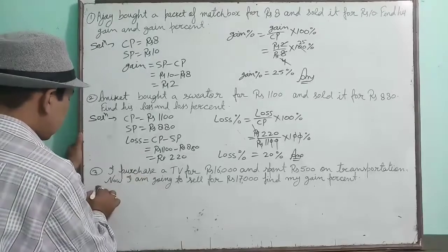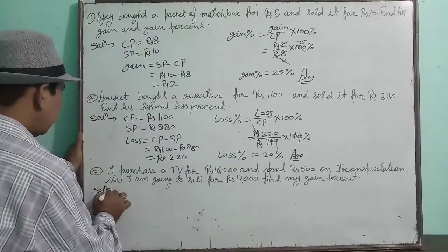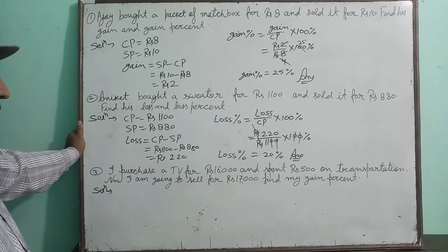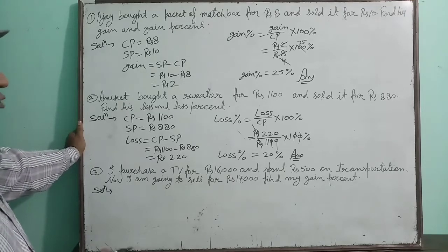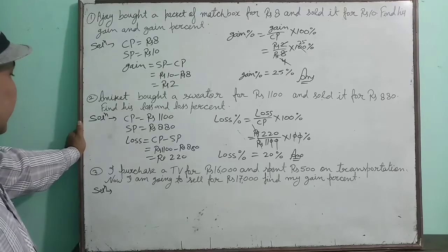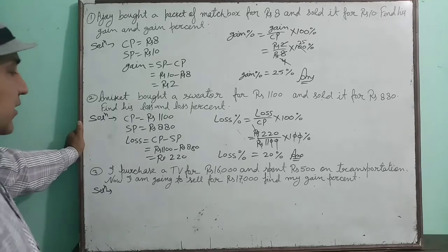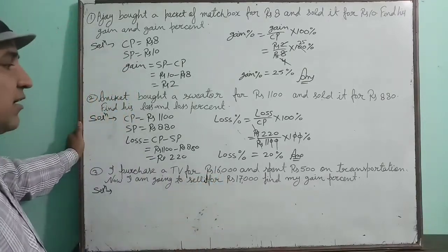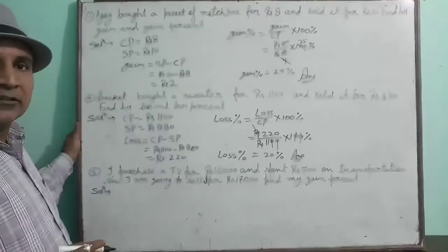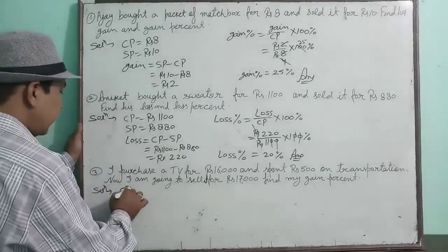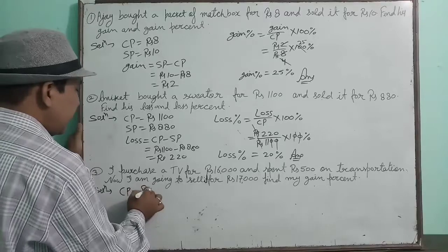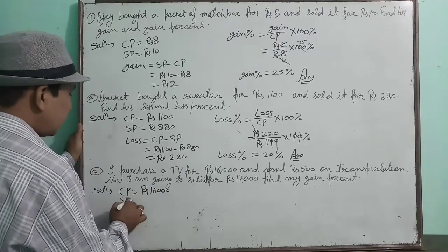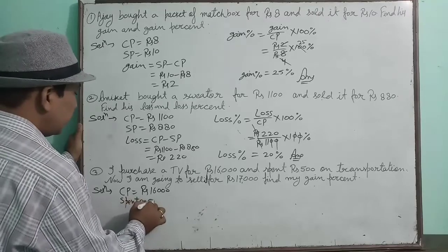Understood? Now see question number 3. I purchased a TV for rupees 16,000 and spent 500 rupees on transportation. Now I am going to sell it for rupees 17,000. Find my gain percent. I hope the question is easy. Cost price is given, rupees 16,000. Spent on transportation